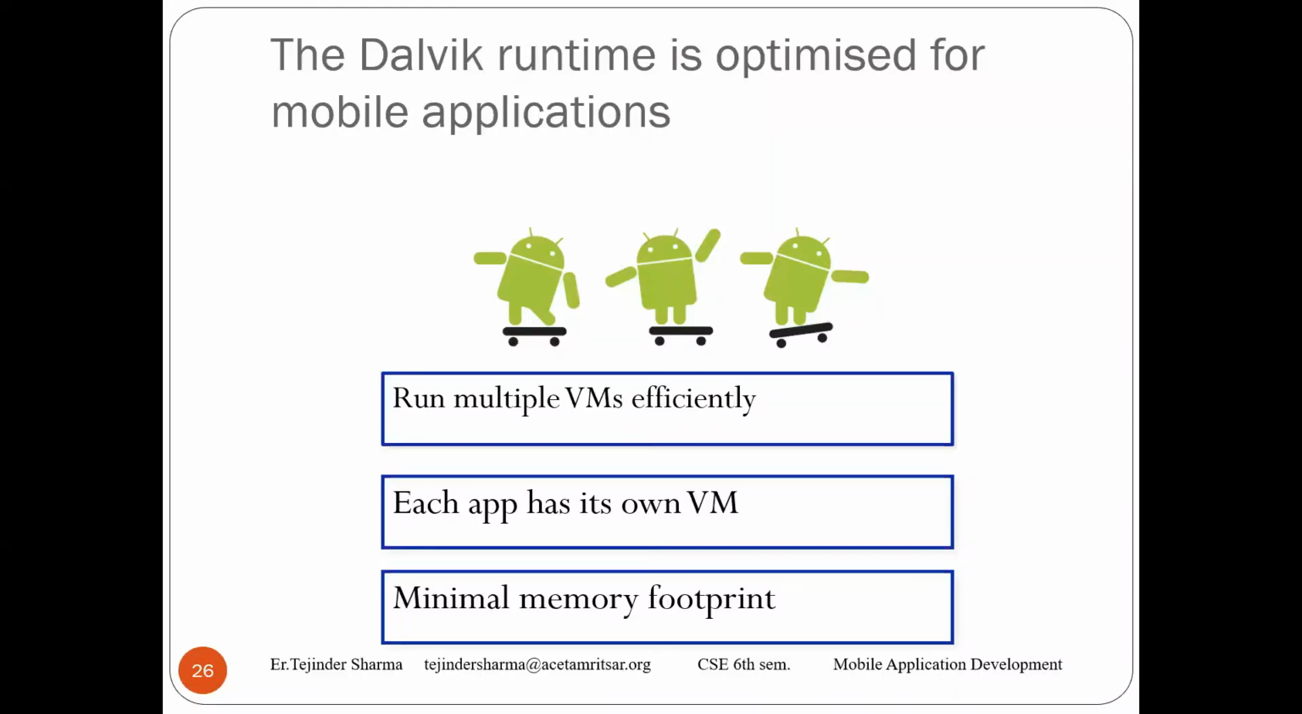What we have is to run multiple VMs efficiently. Each app has its own VM. Minimum memory is required. Actually, we have a very small space in our mobiles. So we can install our app in a small amount of memory. For that, the Dalvik runtime environment was introduced with Android so that we can launch our apps on the platform itself with small memory requirements. Then next,